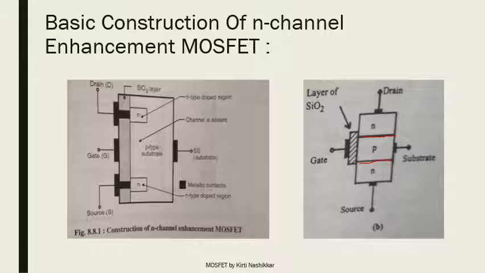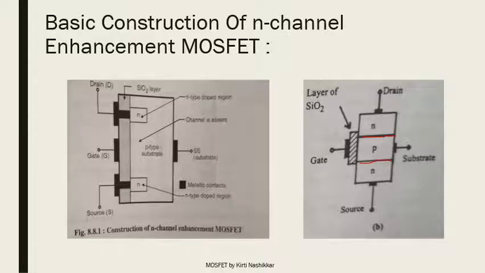And if we take a p-type substrate in which we diffuse n-type source and drain, then it is the n-channel E MOSFET. So this is the basic difference between the constructions.